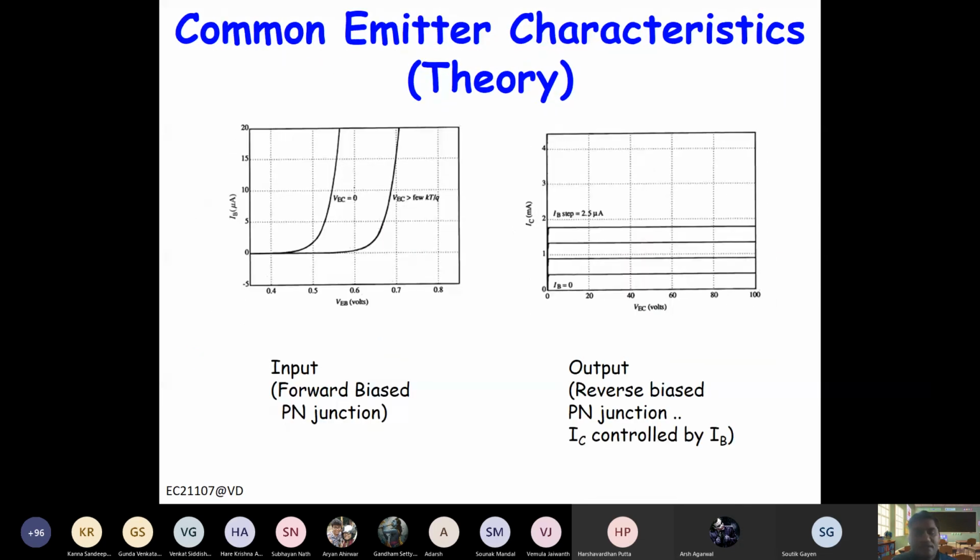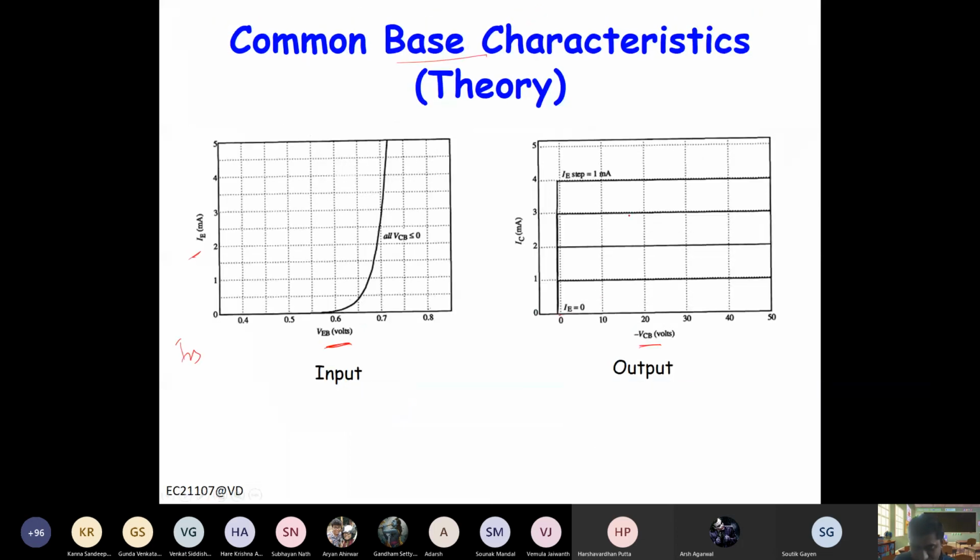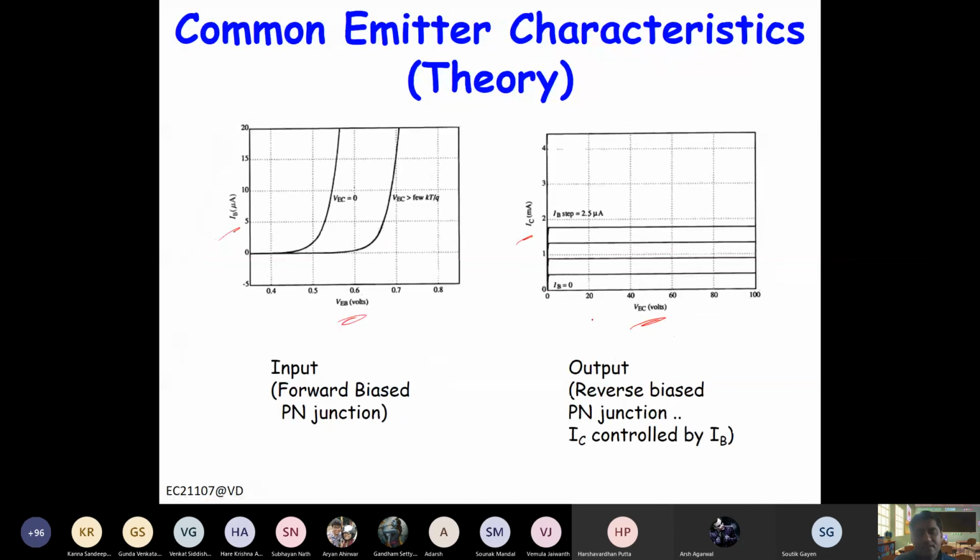And similarly, you can get for common emitter IEB versus VEB and IC versus VEC. Now VEC actually starts at slightly around 0.1 or 0.2 because it is a difference of VEB and VBC, right? And if you notice the VBC here, it has a slightly negative voltage, right? That's the only difference, and again the current is constant. Again, in a real diode there will be some differences, and that we will discuss in the next class. So I think that's all.